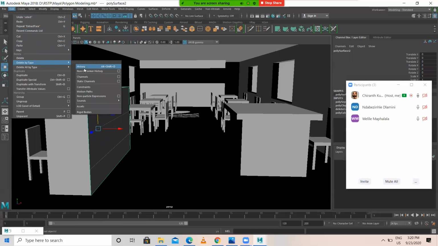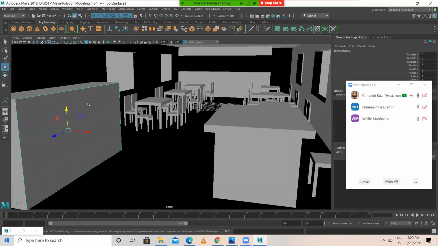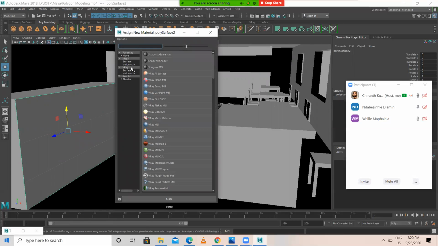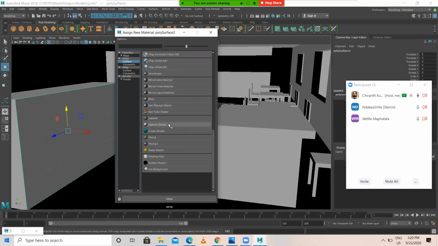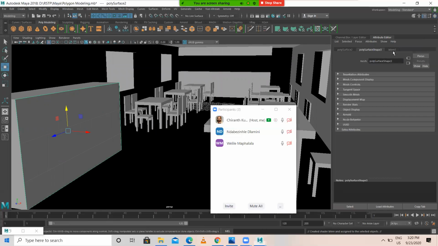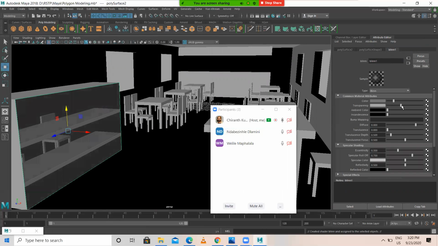Edit, delete by type, history. After this, let's do material. Assign new material. You can apply Maya surface blend material. In blend, the color to be dark. You can give it transparency. Okay.